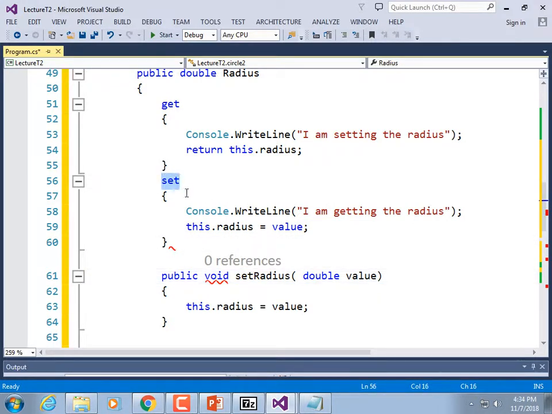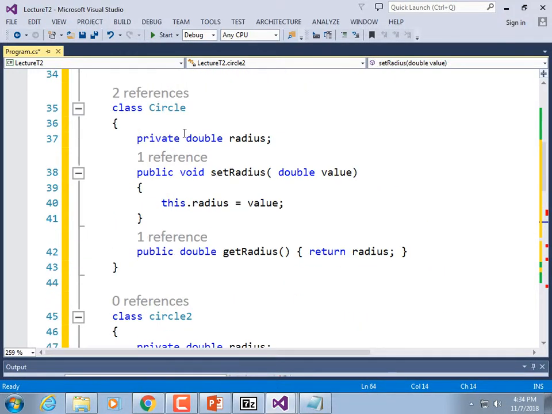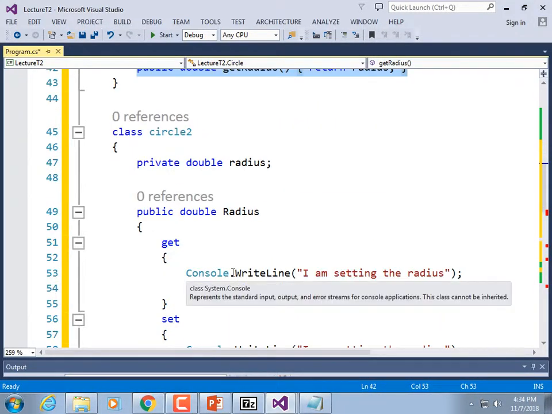This is just letting us get rid of some of the fluffy syntax. We don't need public. We don't need void. All we need is the word set. And we don't need that. And we don't need to call it value. And then once we deleted all that stuff, then it looks the same. Right. So this is just a shortcut for writing this. And the get is just a shortcut for writing the get radius function. Right. So, but what's cool about it